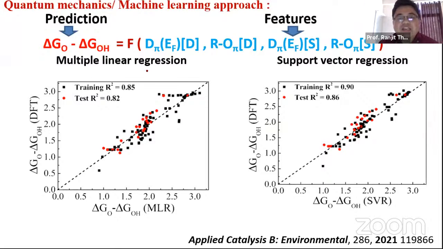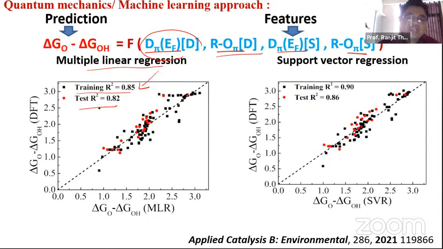Then we have considered multilinear regression and support vector regression, of course, machine learning techniques, where we have considered these 4 features, which are known features. We know that, we have not taken any features randomly. We have considered these as our known features, and once we predicted using multilinear regression, if you do your training and test sets, we are getting better than the analytical one which we fitted by our equations. And for the SVR technique, it is much better.